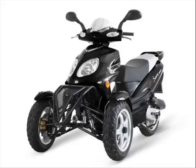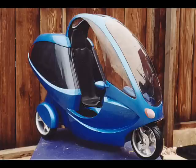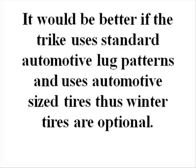But I really don't care if a manufacturer wants to introduce a reverse trike style. I mean, there's certain advantages and disadvantages. The reverse trike's awesome because it gives you great stability and it's very easy to change your tires. Now, a conventional trike has certain advantages as well: very easy steering since it only has one wheel in the front. But once again, it's all in the eye of the beholder, whatever type of scooter you think will work better